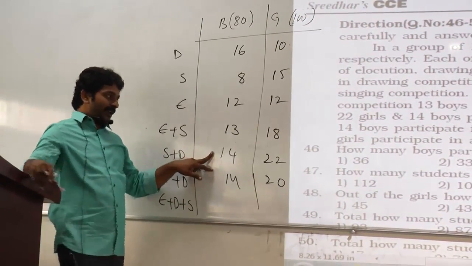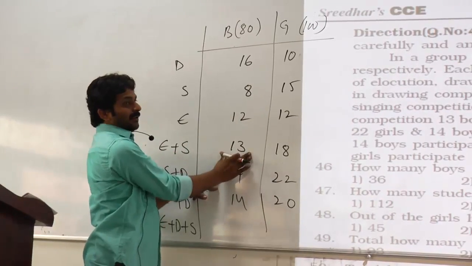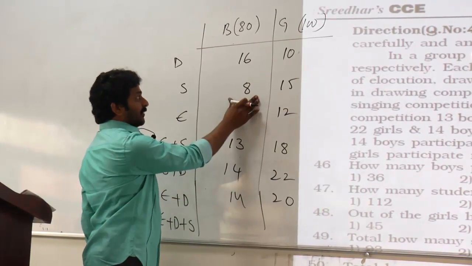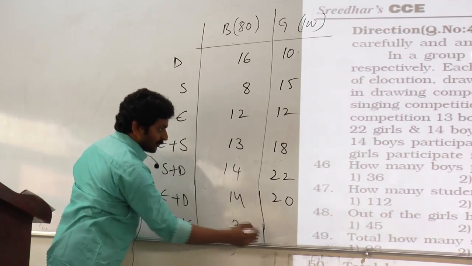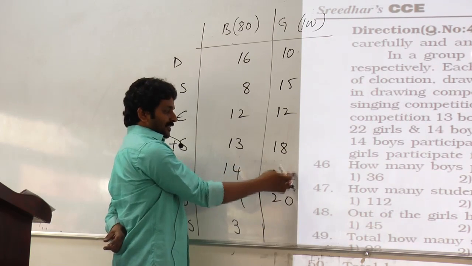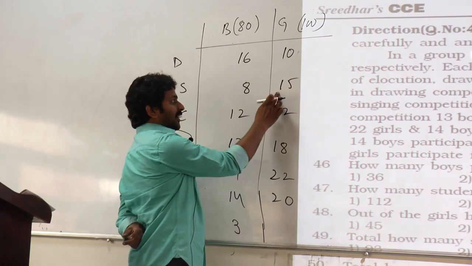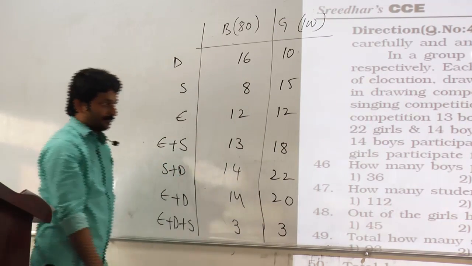Right, 14, 14, 28. 28 plus 12, 40, 53, 61, 77. Remaining 3. 20, 40, 50, 60, 70, 80, 97. Remaining 3. Now,